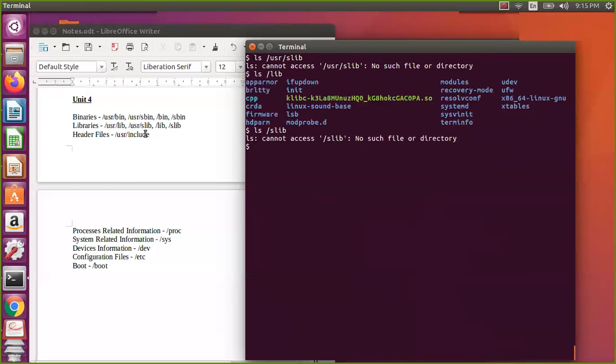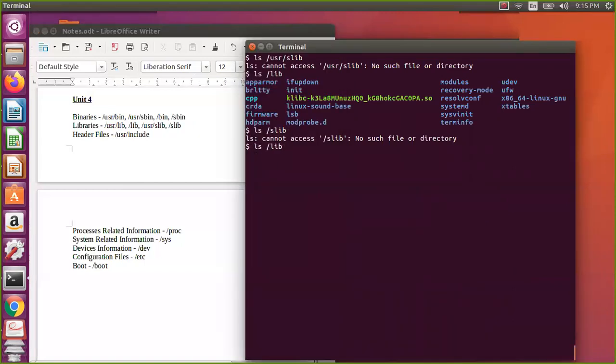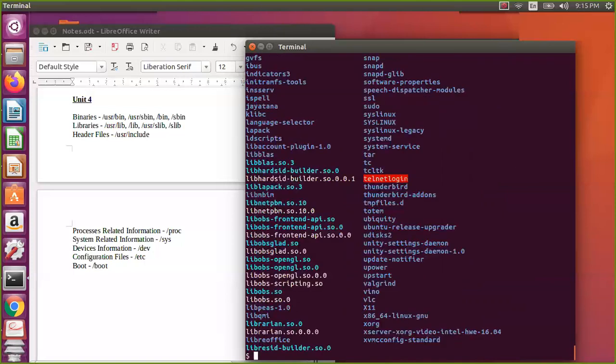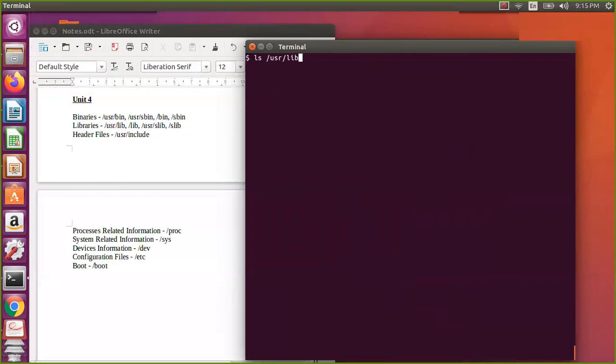So in this system you have only these two, /usr/lib and /lib, and you don't have the other directories. It depends; you don't necessarily need to have them. Maybe an older version has them, so it is not an issue.